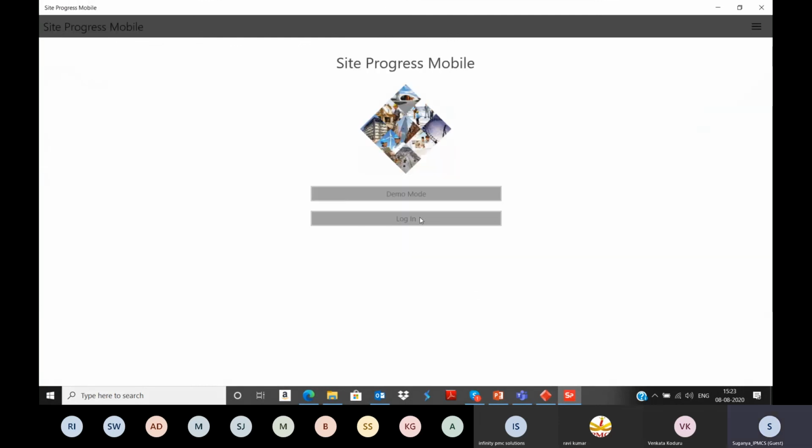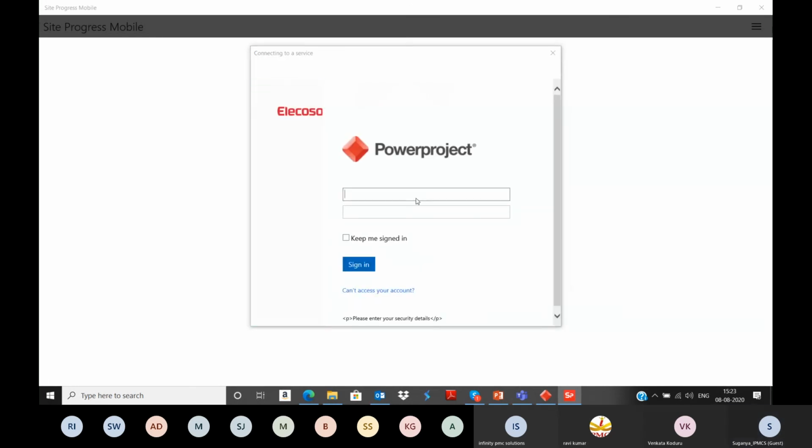Now you can log in here. Log in with the username and the password. I'm logging in with my ID. Services. So give the login ID and password.